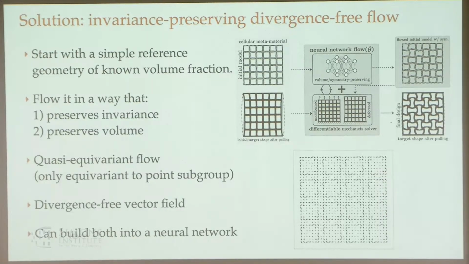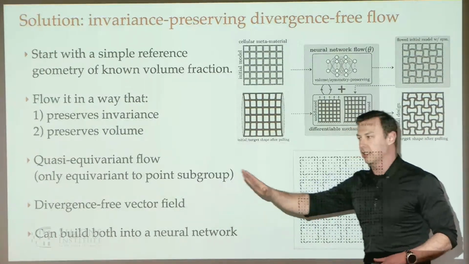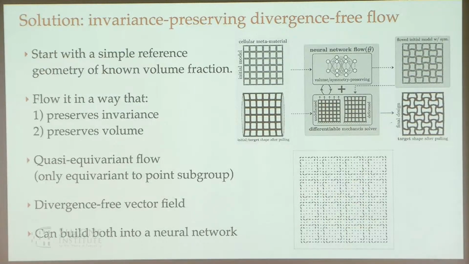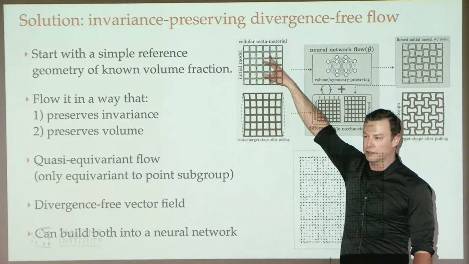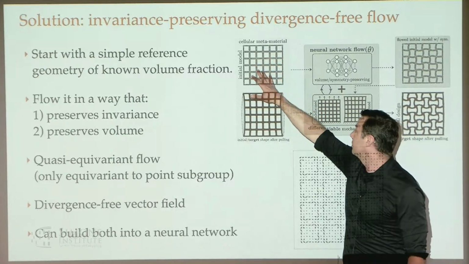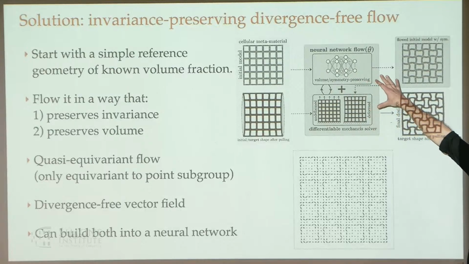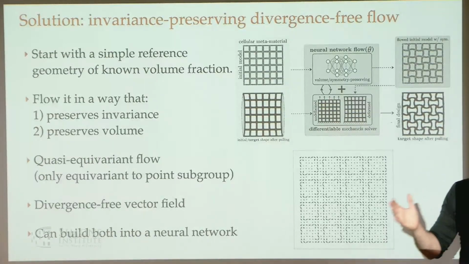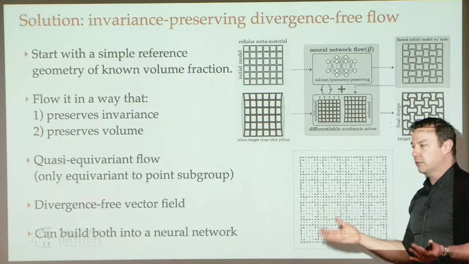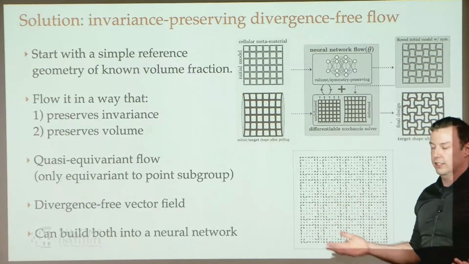Also, what's neat is you can do this, of course, with neural networks, and we can make them divergence-free. I'm not going to tell you how to do that right now, but if you're interested in divergence-free neural networks, I can tell you a trick after the talk. So we can start with some simple pre-specified structure that's nice and physical and corresponds to the fundamental regions, and flow it through our equivariant-ish neural network. We get a new structure that has the same volume it had before because it's divergence-free, and also preserves the physicality of this thing. And now we have a flexible way to parameterize these solids that always guarantees these nice properties.